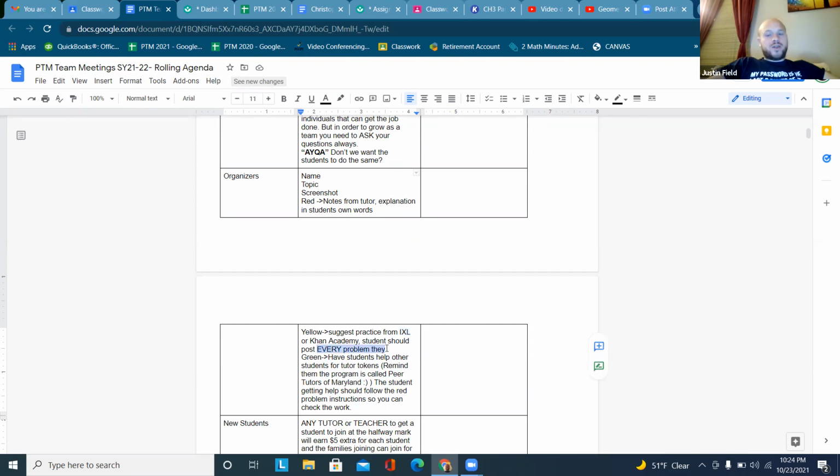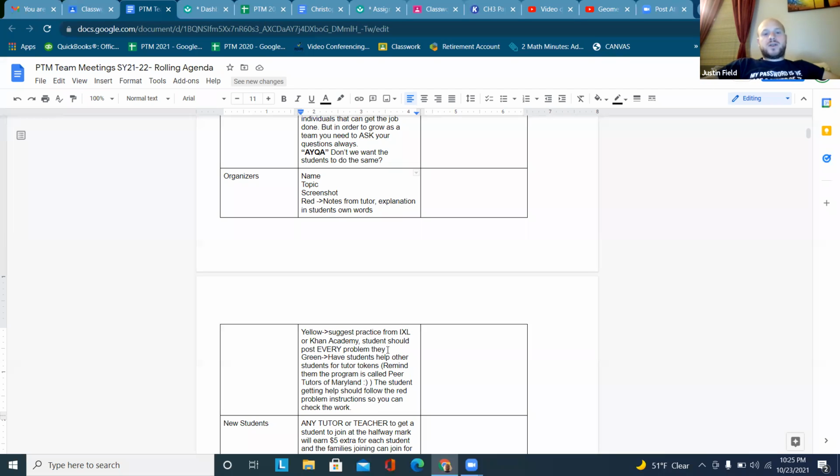Every problem they do, though, should go in the organizer. So you have that objective feedback. I did notice that this week some students were putting the questions in the yellow, but it was really a red question. And so we're getting better and better there at telling them where it should go. And then they are getting better at self-assessing. So, it's a process of improving.